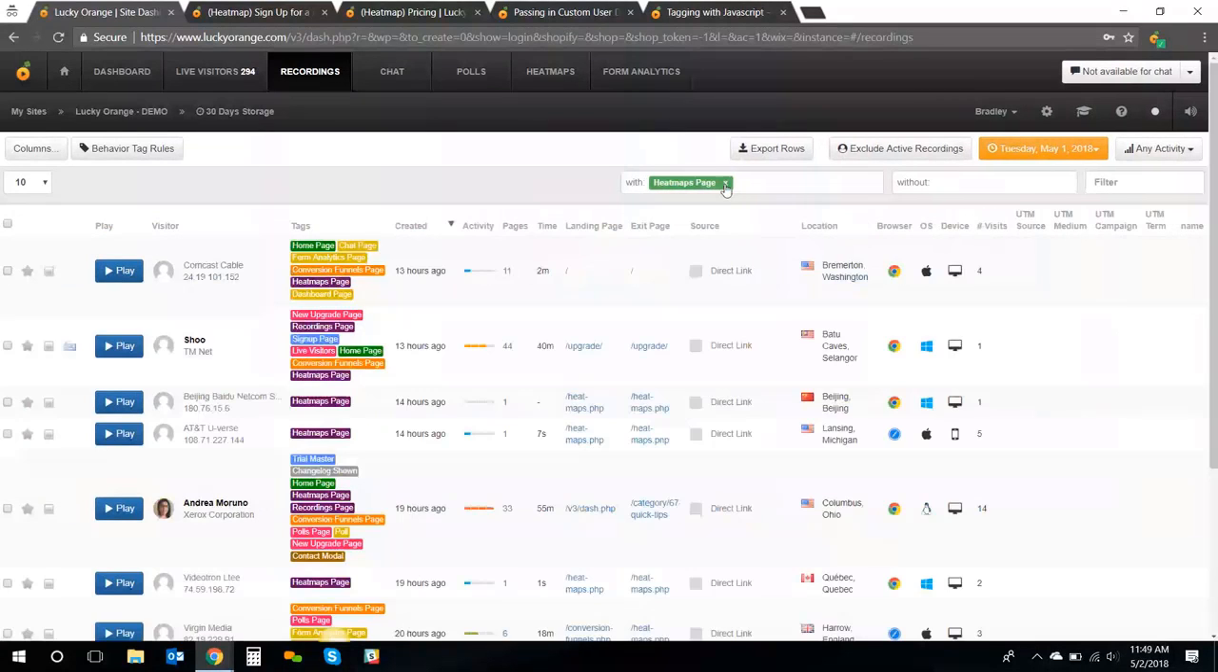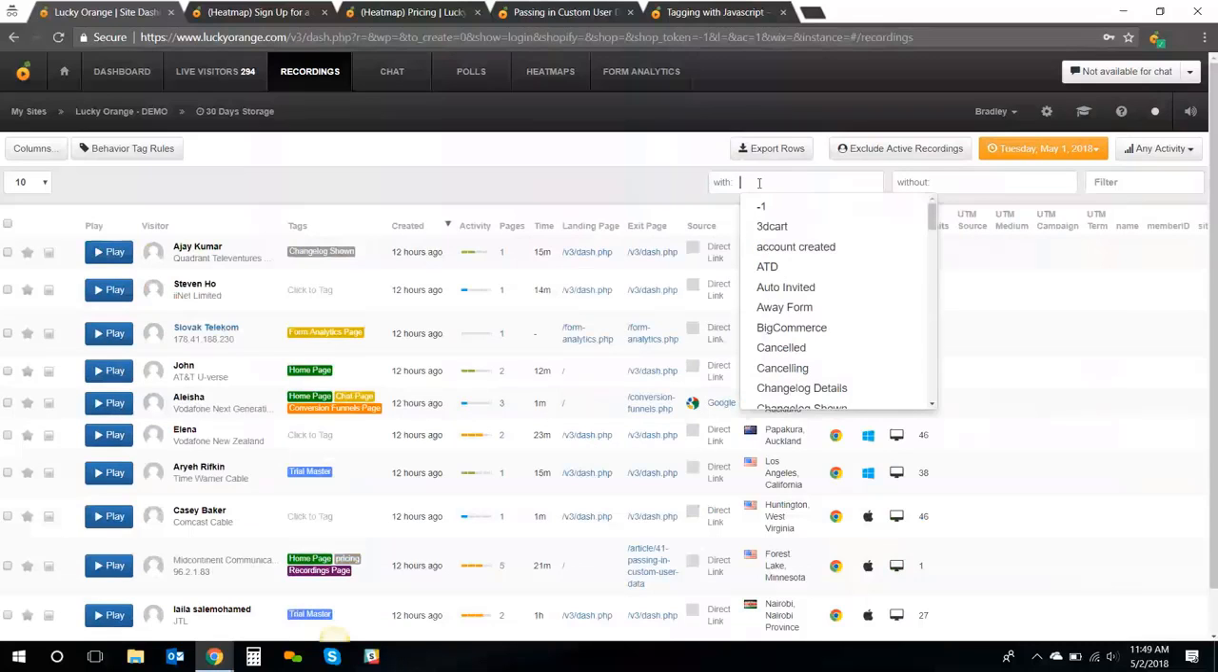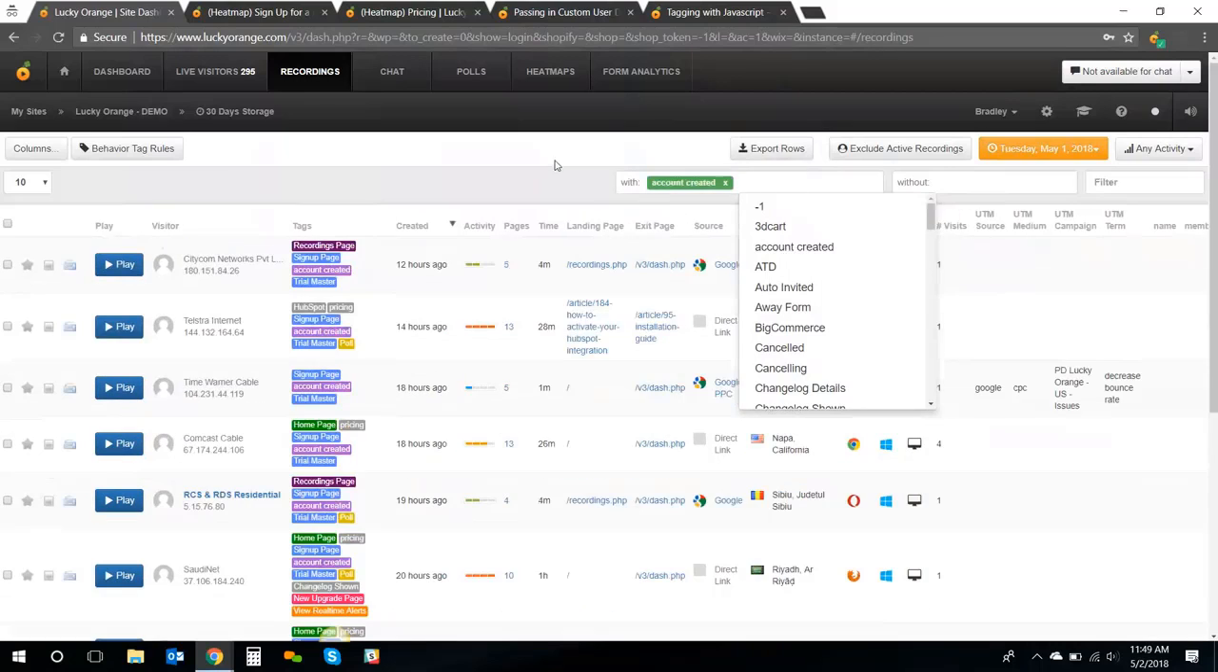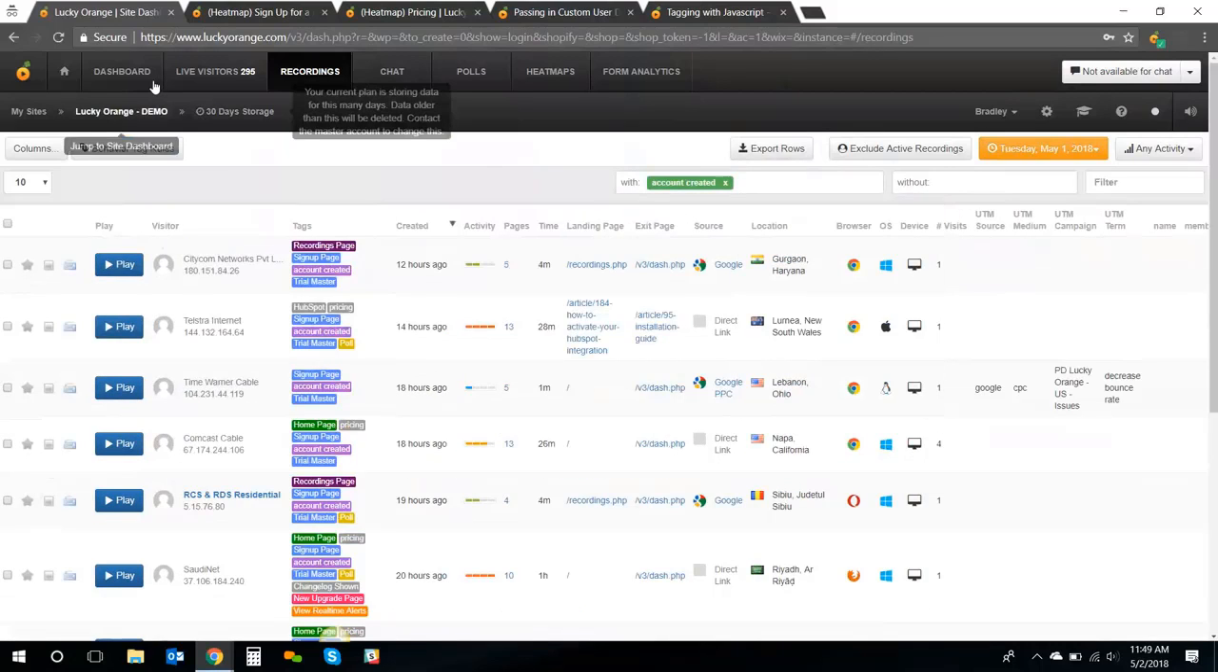Now also in the dashboard, there's another way to filter. If you want to filter each of these widgets based off a tag, you can click up here at the top left and you could then say,